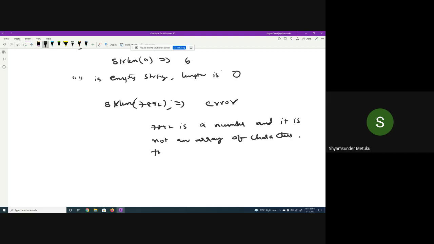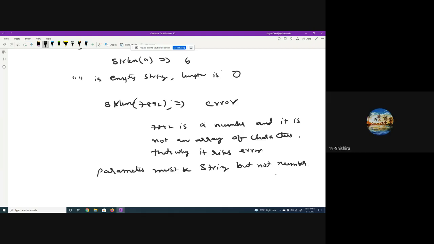That's why it is invalid and raises an error. Is it clear? So from this you can say the parameter must be a string, but not a number. Is it clear to all of you? Yes, sir. Okay, so this is how the predefined function strlen can be used.